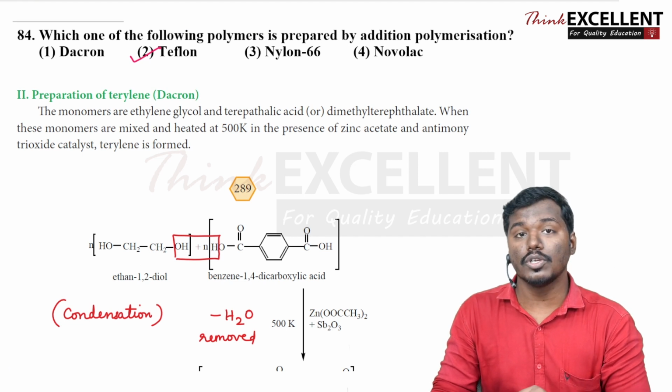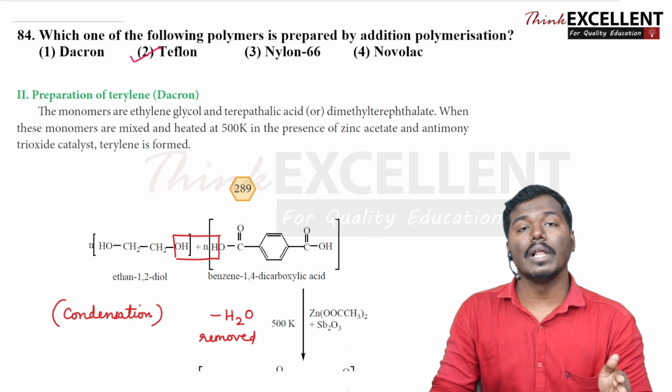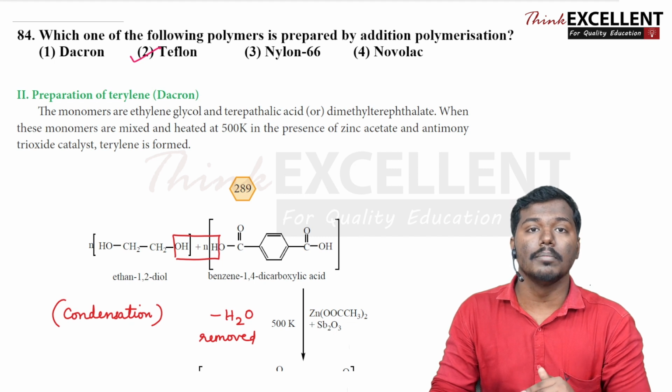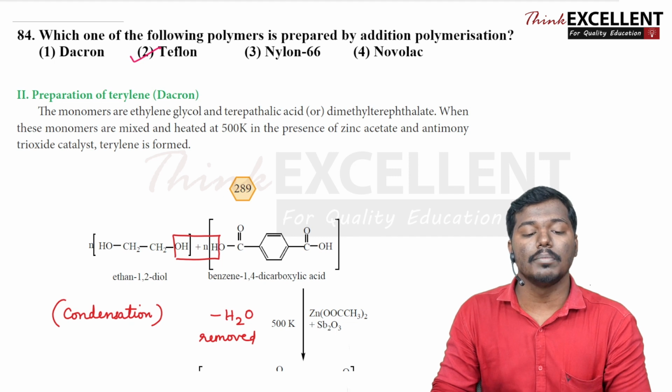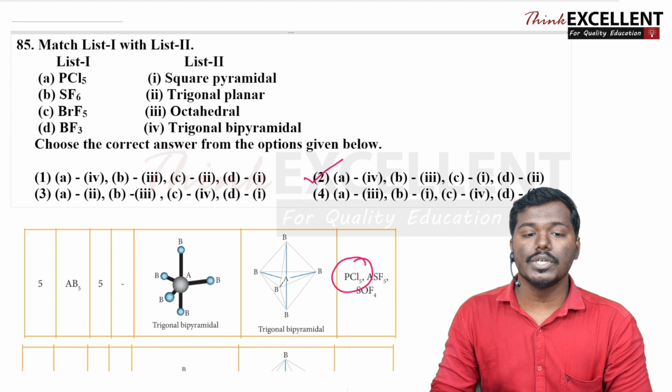So the Teflon, it is having the addition polymerization which is taking place in these 4 polymers which is given. Okay, so this is also given in our book. So on the last lesson, volume 2 la 12th la last lesson chemistry in everyday life la we have studied about these polymers, how the condensation reaction it is taking place as well as the addition polymerization it is taking place. Okay, so next we are going to question number 85.